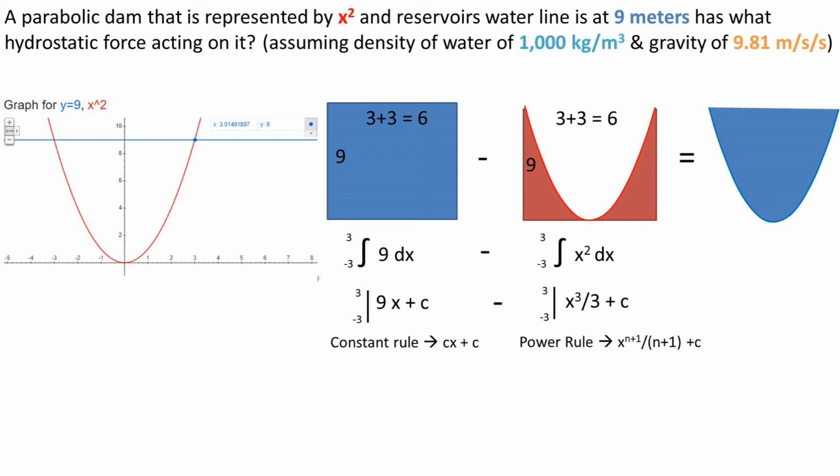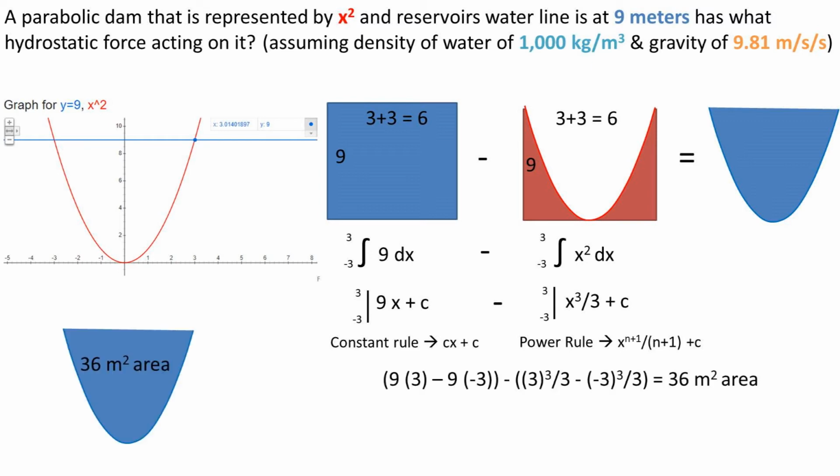The constant in this case will be a 0, but professors love to use a red pen, so I just wanted to mention it. So now if we plug in our limit values of 3 and negative 3 into this equation, we get an area of 36 meters squared for the area that the water is in contact with the